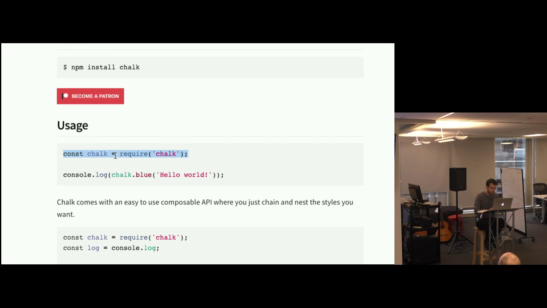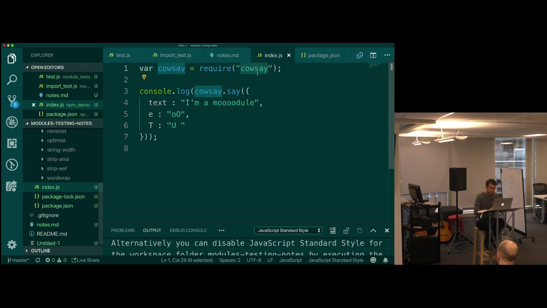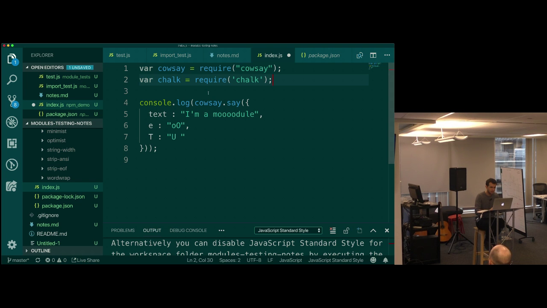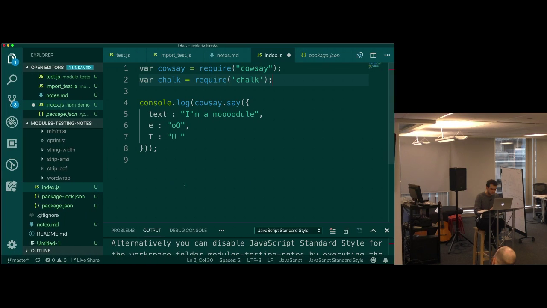So I just want to show you the usage of it real quick. I'm going to say var chalk equals require chalk. And then I'm going to go into here and also steal this code that says console log chalk.blue hello world. If I wanted to find out exactly how to use chalk, I would read the documentation, but I'm just copying an example right now.